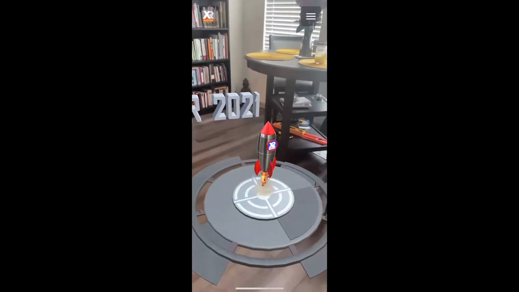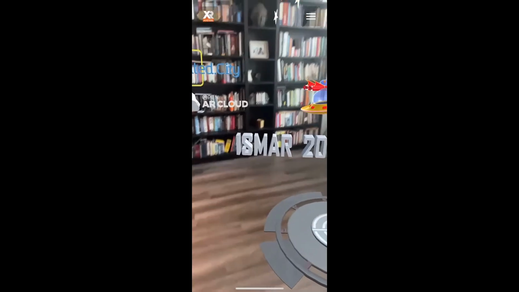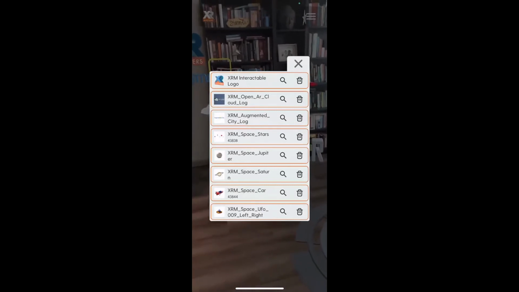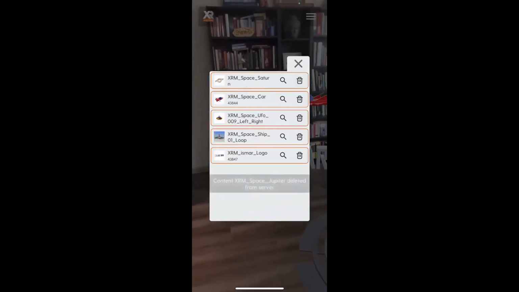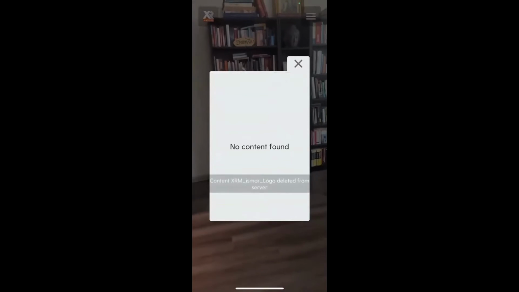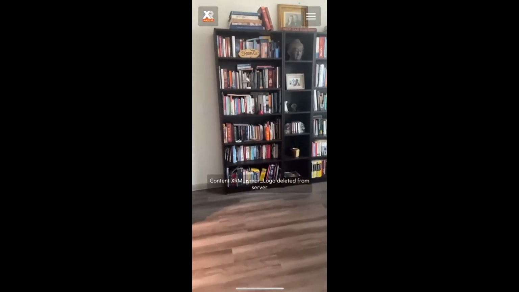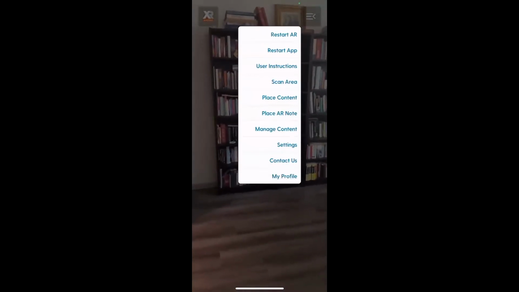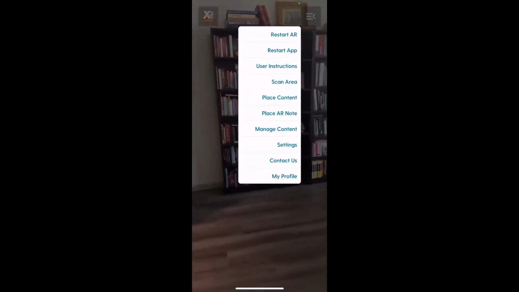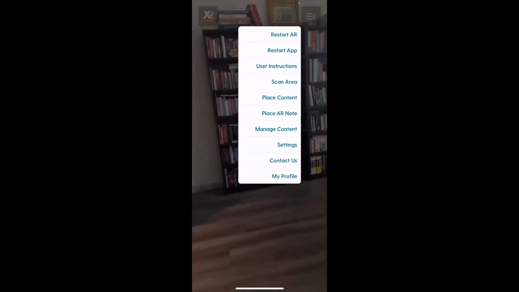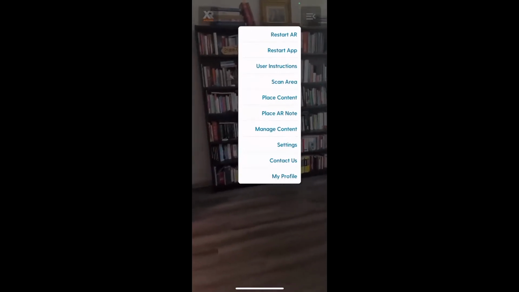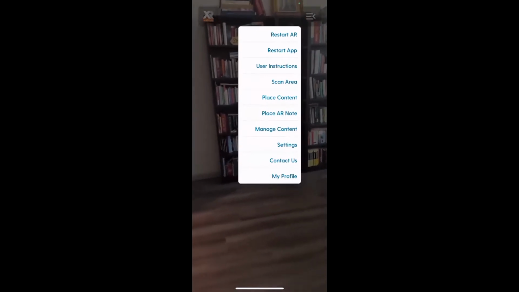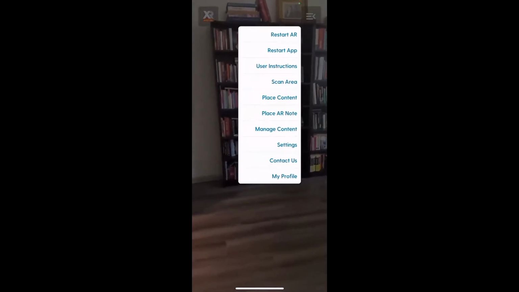And what I'll be doing is first show you how I will delete everything on the screen, and then I will go to my place content menu. And please note that when you are going to be working with OSCP, you will need to register to the XR Masters app and send us your information so that we can make you an editor.